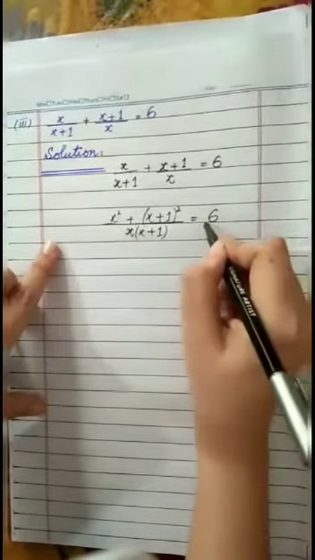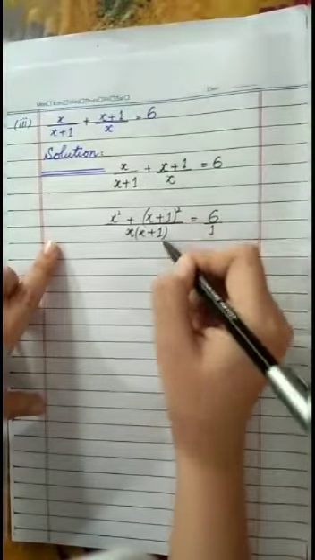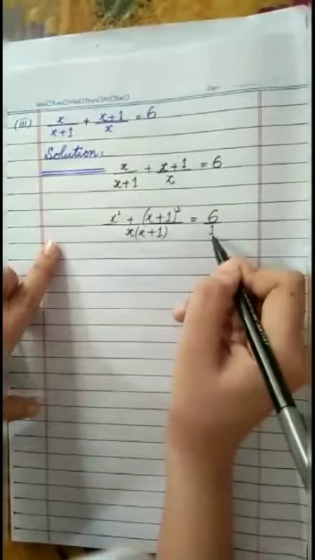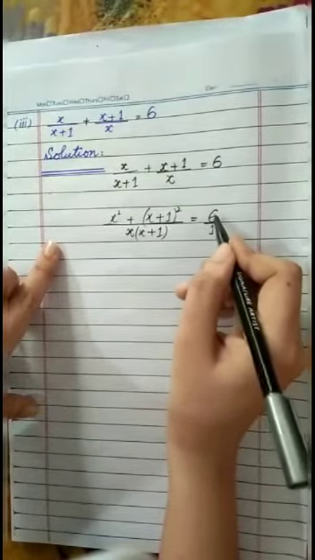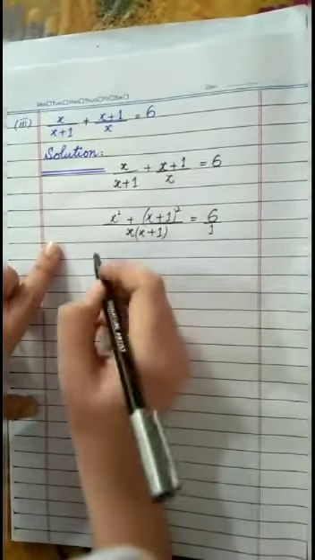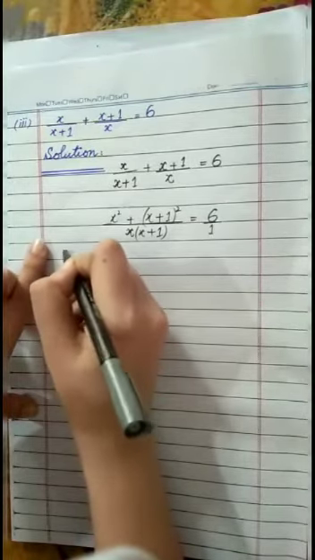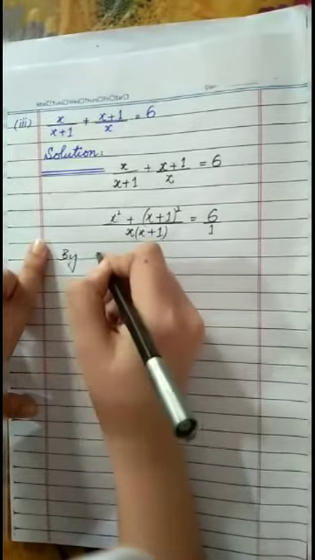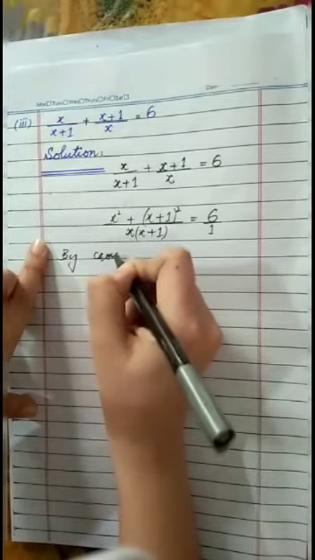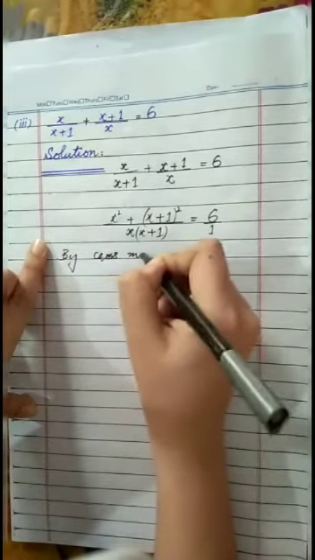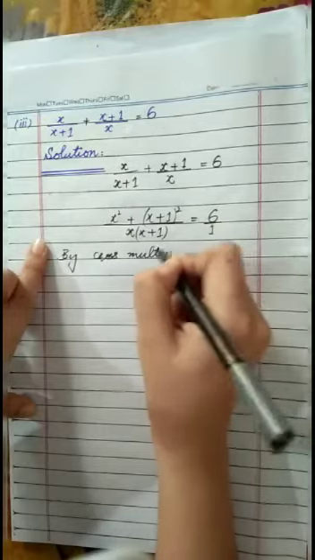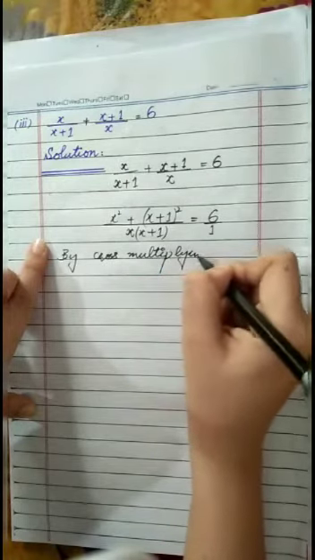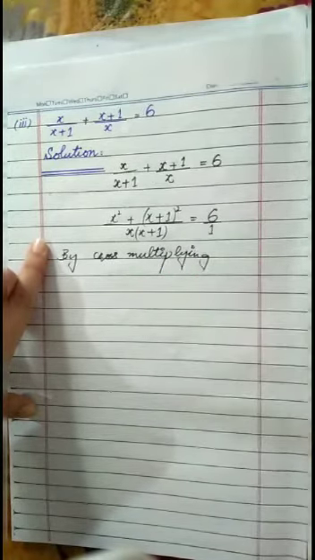We will cross multiply them. Here the fraction is there, and here we have made it by ourselves by putting denominator 1, as there is no effect on 6 by putting one as the denominator. So by cross multiplying,